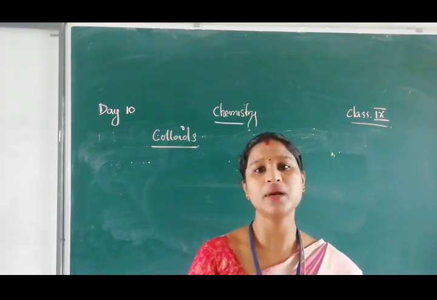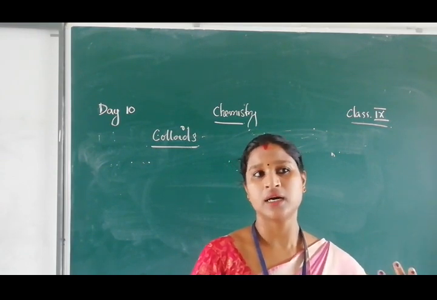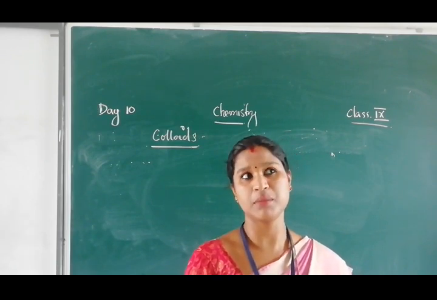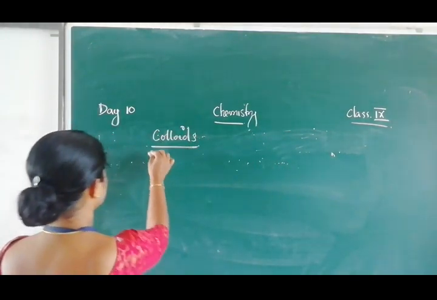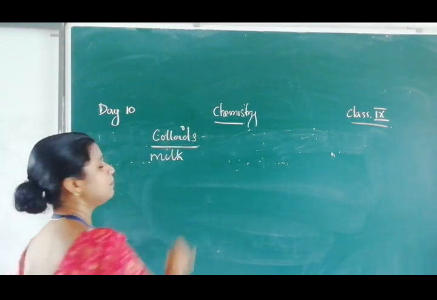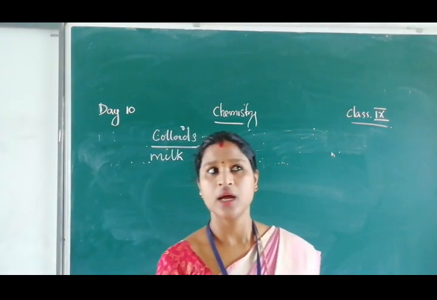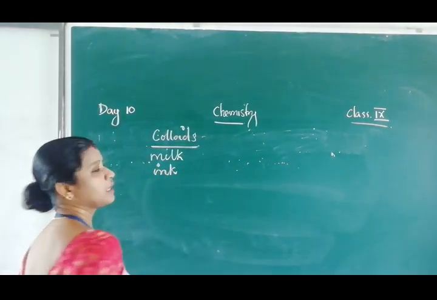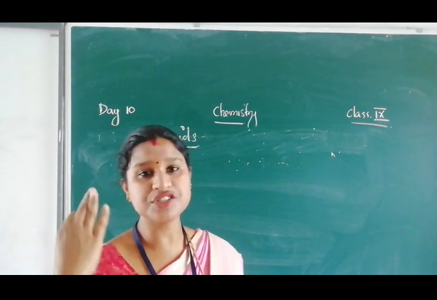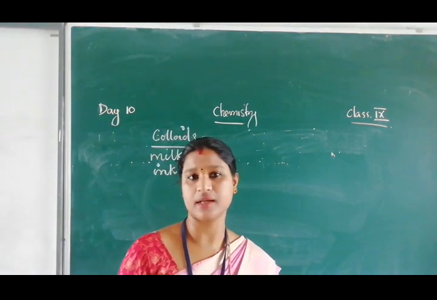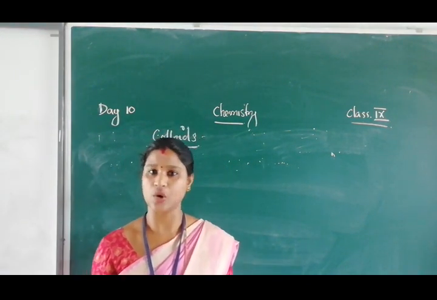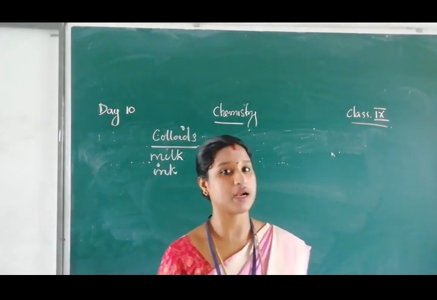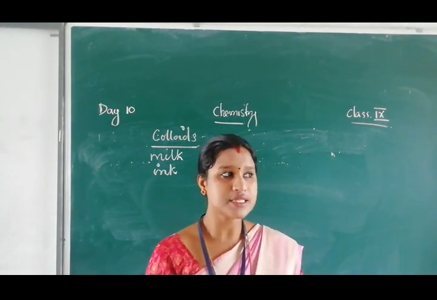A lot of examples are there. A typical example that you can understand very easily is milk. Milk is an example of a colloid. Ink is an example of a colloid. Butter, hair gel, and all these come under the examples of colloids. So colloid is a heterogeneous mixture in which the size of the particle is in between